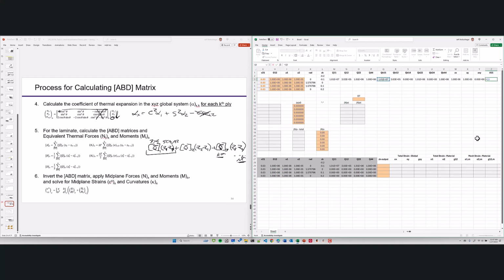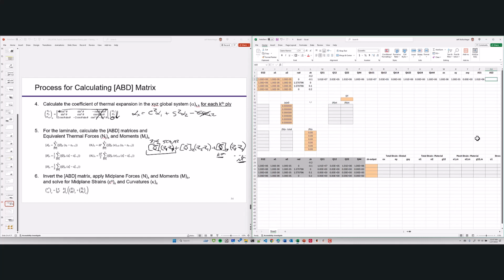Make sure it's the bar because we're all in global now, times the scalar, which is ZK, which is here, minus the ZK above it, which is there. Okay? And then that's it. That is my A11. So what is my A12? Well, that's equal to Q bar 12 times the scalar again, right? Times my ZK minus